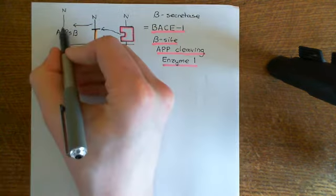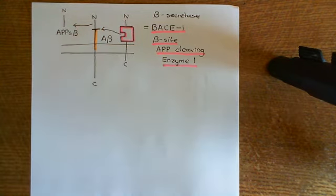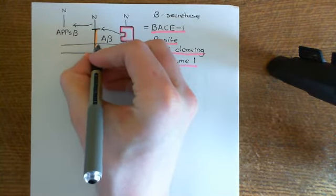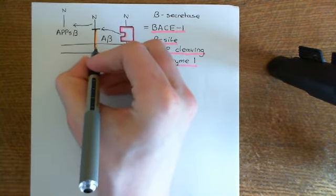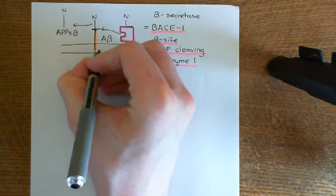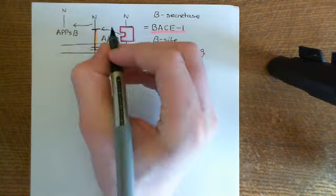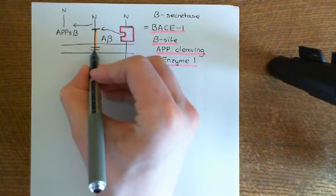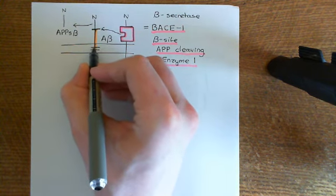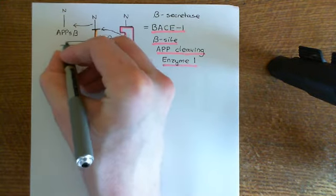The alpha fragment had a lump of the amyloid beta region attached to it. Then the portion that we've got left over now is going to be cut by the gamma secretase, and the gamma secretase is going to still cut at the same site. Remember, there were two sites where the gamma secretase could cut, which differed by 2 amino acids. So the gamma secretase is going to cut at this first site,